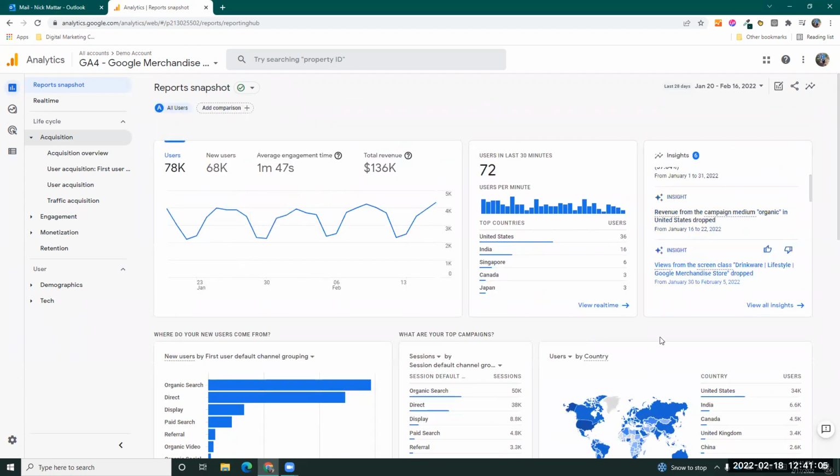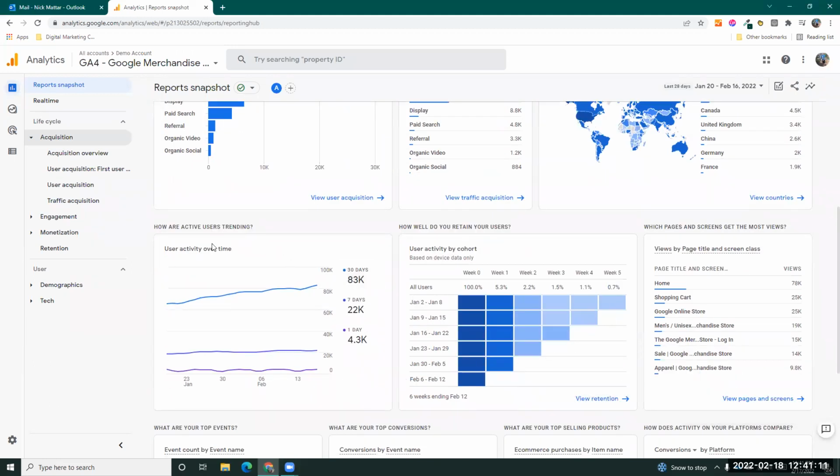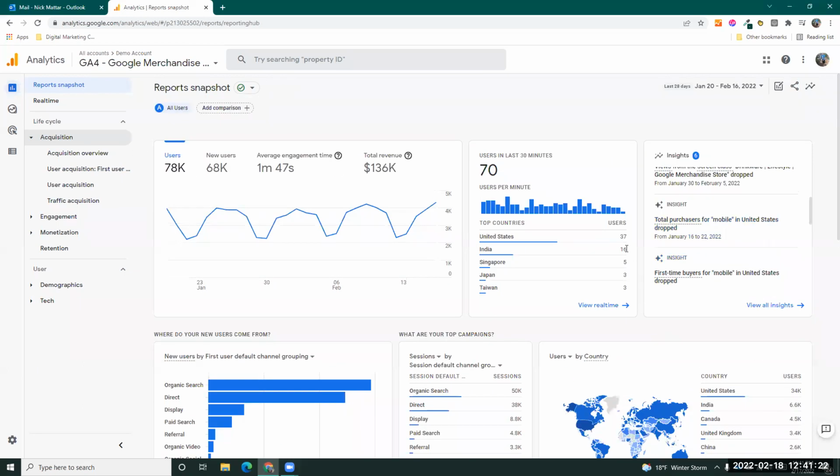So what you're seeing here is probably not what you're going to see on the GA4 for your site. You'll probably still see the user activity. You'll probably still see the top pages. And honestly, you're probably going to see the real-time user block. But a lot of these other ones could be completely random. The other thing to know is that,